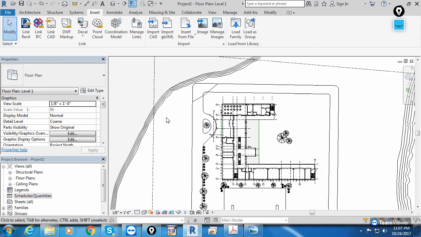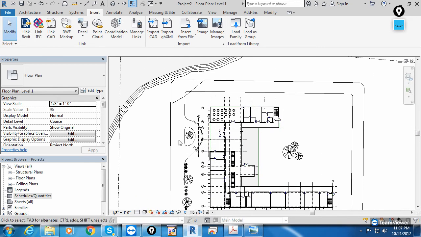So I think you got the importance of the template file. If you use a template file, you'll get the default options so that we can continue adding the other levels. Like if level 3 is missing, we'll add. If level 4 is missing, we'll add. If it is a 10 floor building, we'll add all the levels.